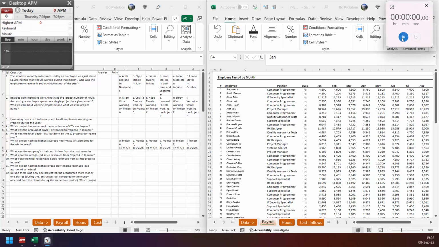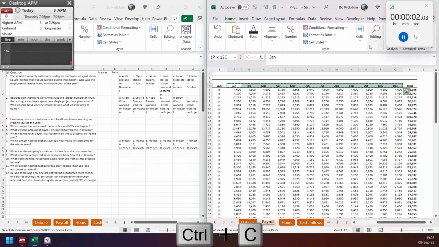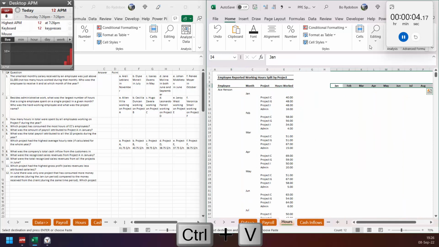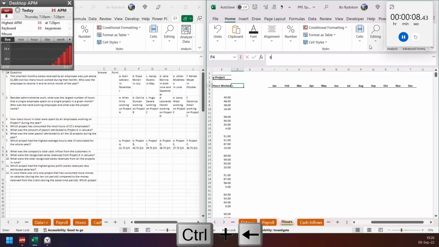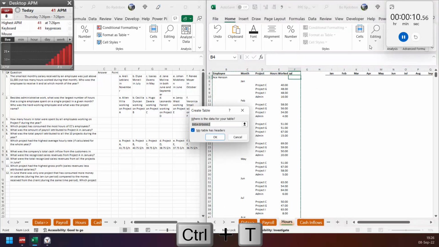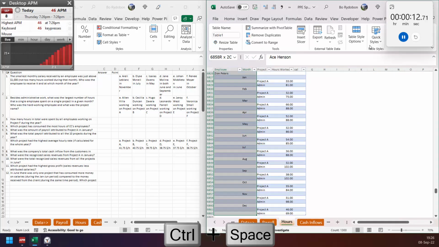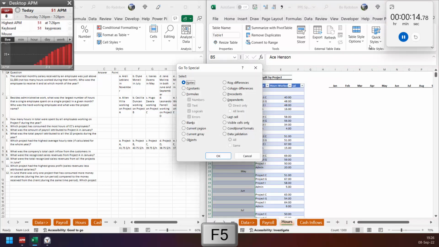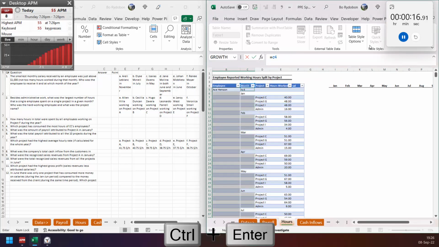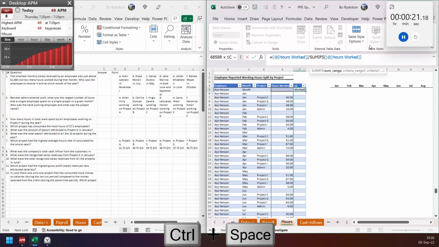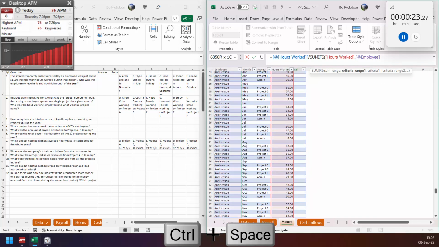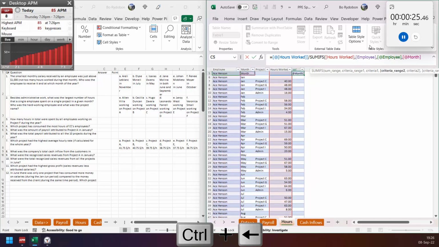Okay, let's start by copying the month to our sheet here, and then prepare for question 12, a sequence of 12. Then this is salary, and change this to a table, and then classic fill down. So select blanks and set them equal to the top cell here, and then calculate the hours by total hours for each employee by